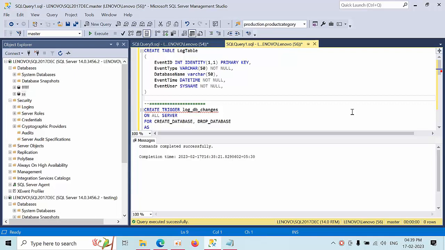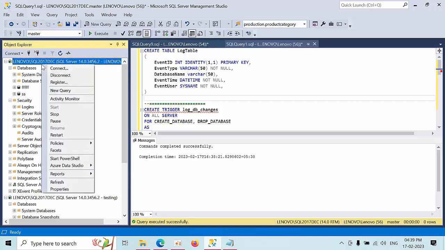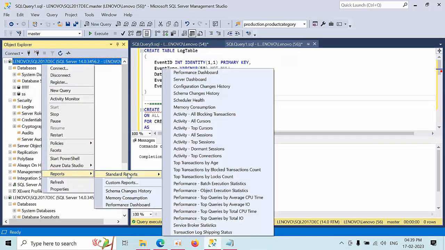Hello friends, today I am going to show you how to know who created the database and who dropped the database as well. By default, these events are not recorded in the SQL Server error log. However, we can see this information in reports, standard reports,